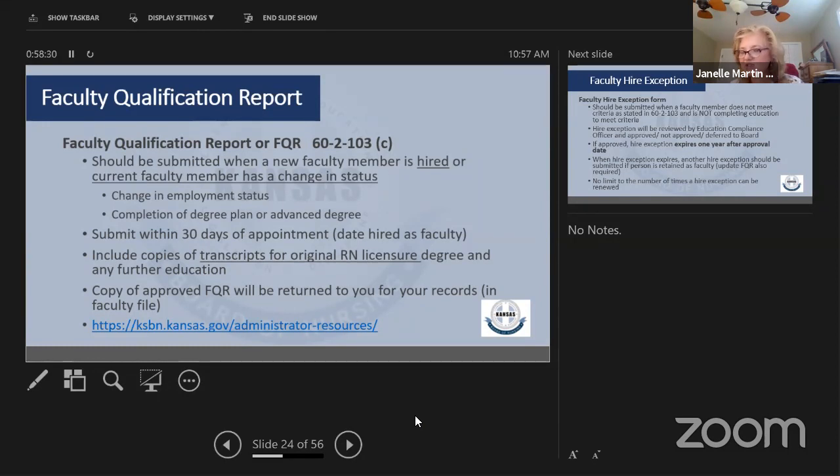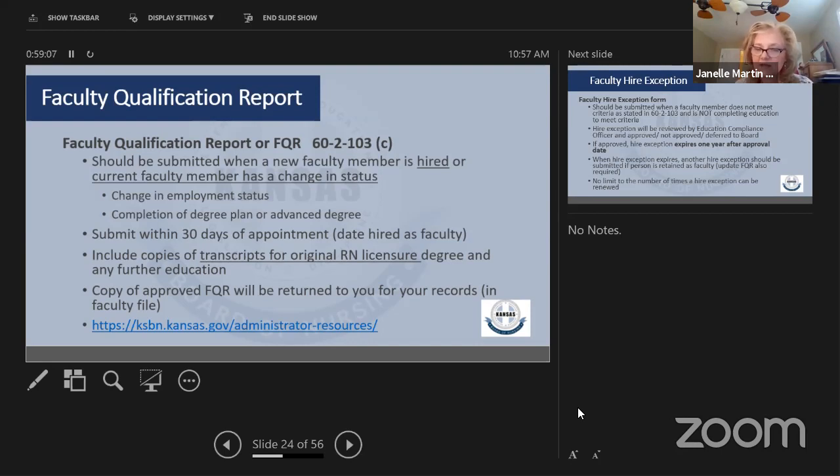a person who hasn't changed anything except that they've gone from part-time to full-time, you can either attach an old FQR form to show me that before they were full-time and now they're going to part-time or whatever, or you can reattach a transcript. If we've already got it, we don't really need it again, but you have to attach something. So even a Word document that says this is an update for full-time to part-time status, attach it, but it has to have that attachment.